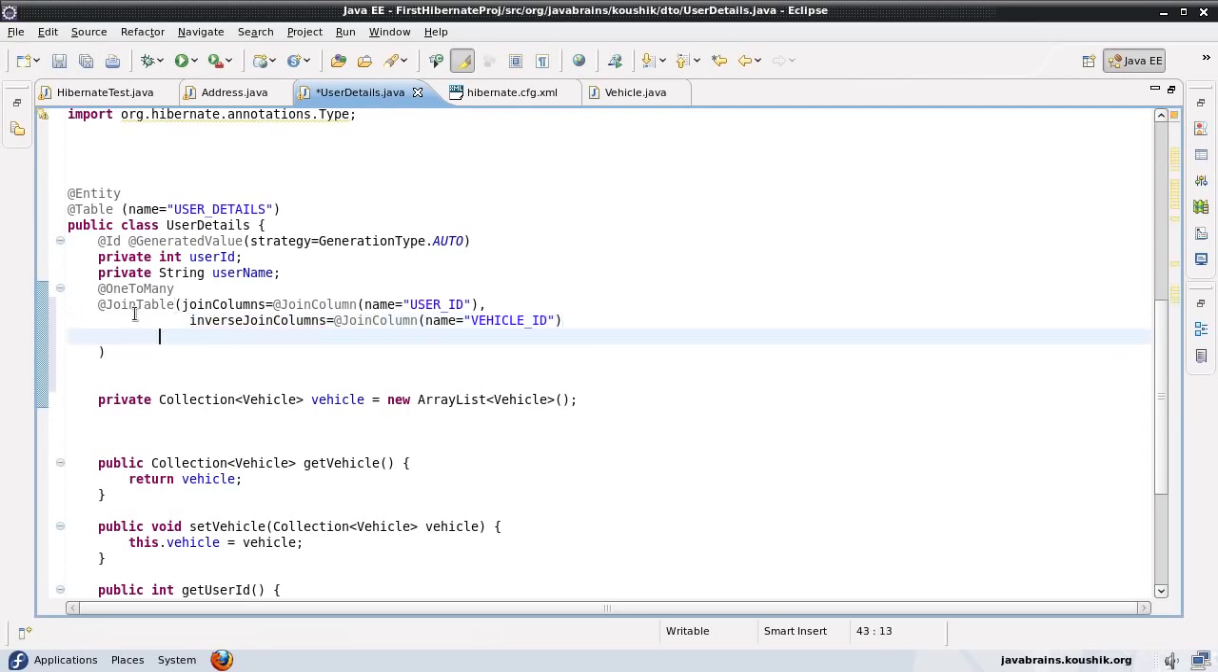So essentially what I'm doing is I'm saying create a join table, and then the join column, that is the column from this entity, as an ID of this entity, will be user ID, and then the inverse join column is the other ID from the related entity, which has to be vehicle ID. And of course I can change the name here as well. There's a name property, so I can say name equals